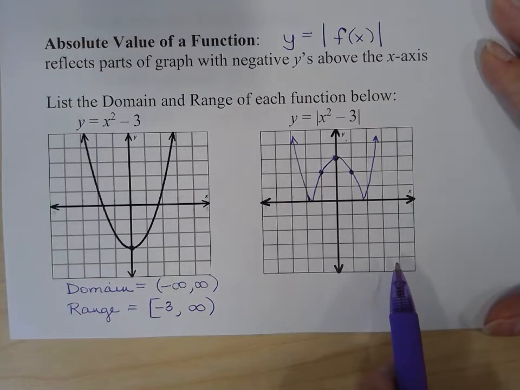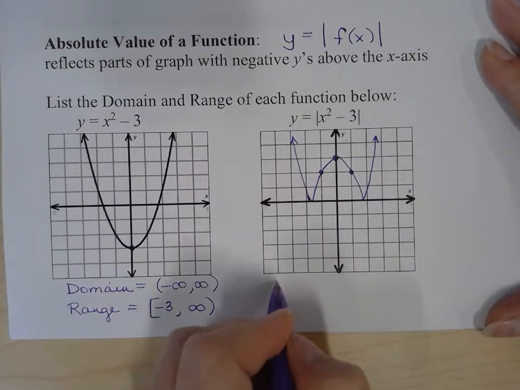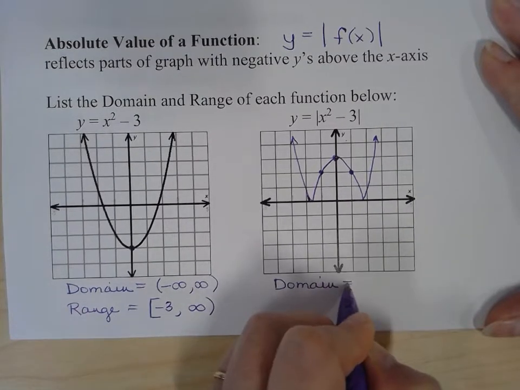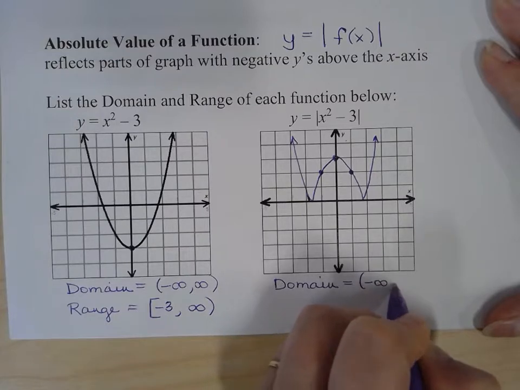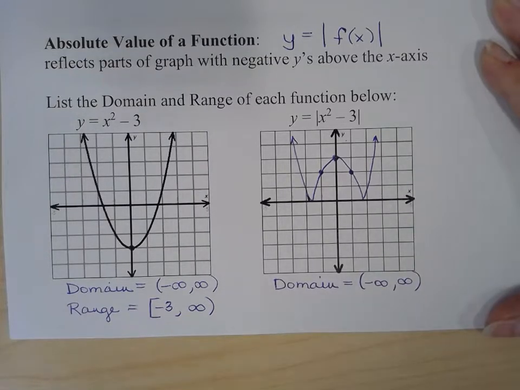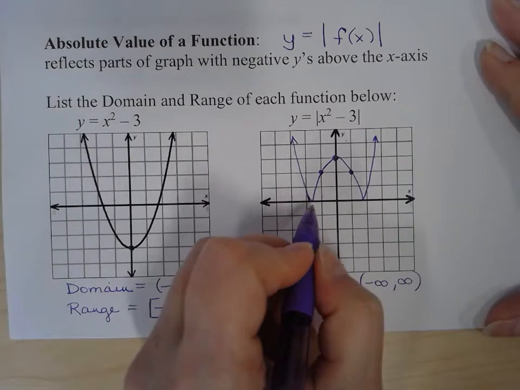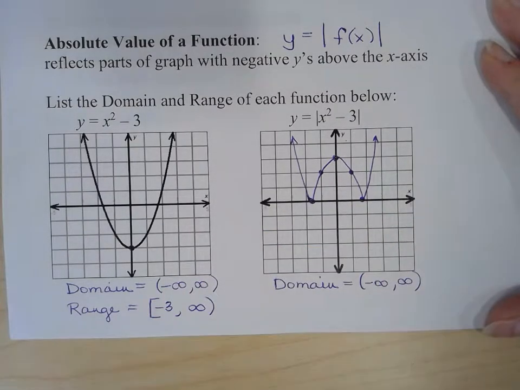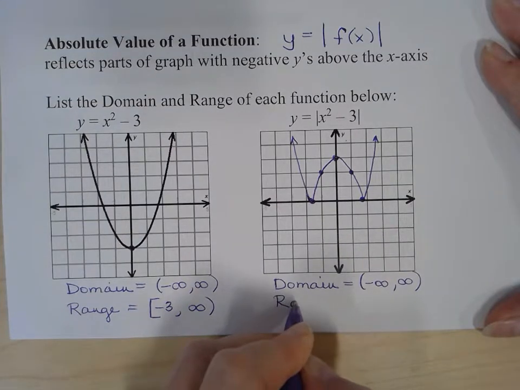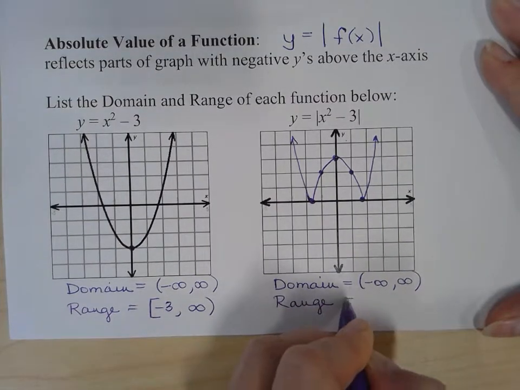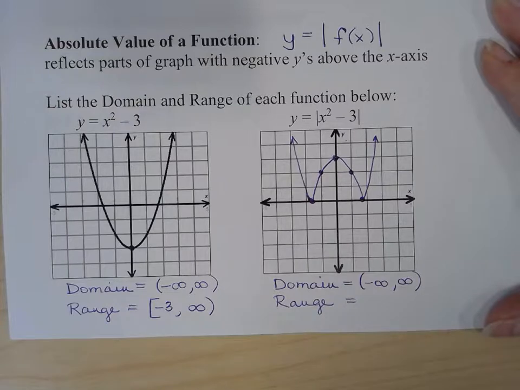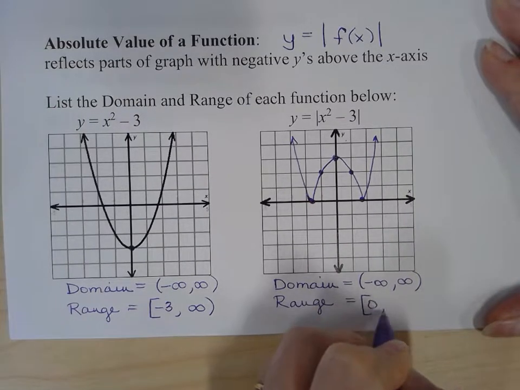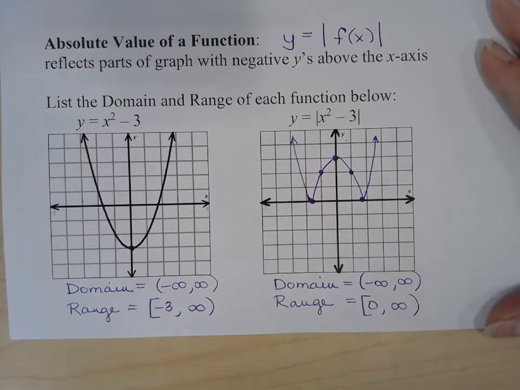For this graph with the absolute value, the domain is the same. It's still going to stretch all the way left to all the way right, so all real numbers. But now, when we look at the range, the lowest points, there's 2 points that tie there. Because of the absolute value, the smallest y value we can have is 0. We have 2 points there, and we're going up to positive